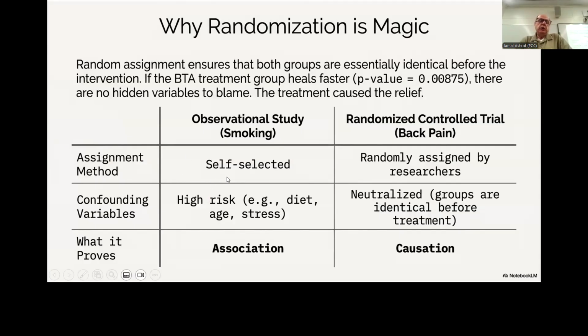So comparing this with the previous one, when we did the work on that one, with the smoking, we had self-selected people, whoever wants to do it. Here it is randomly assigned. So you come in with a back pain. We are not actually giving you any medication. We just give you salt water. And some people actually psychologically get better with no medication, thinking that they are taking the medication.